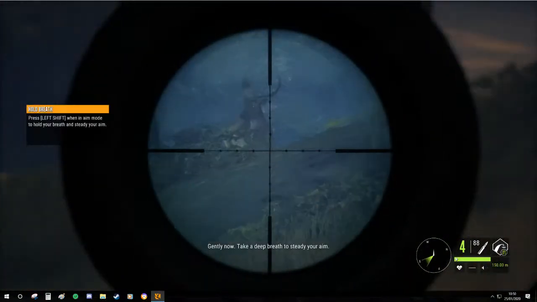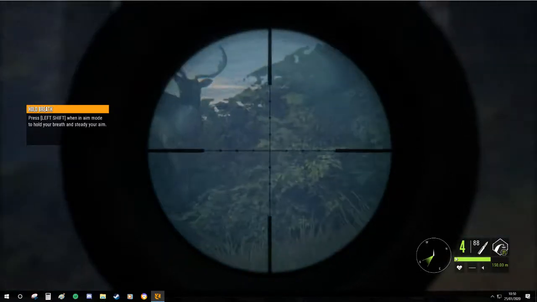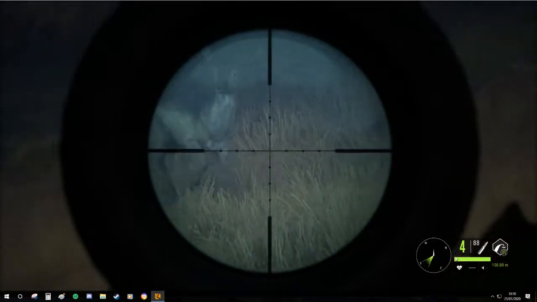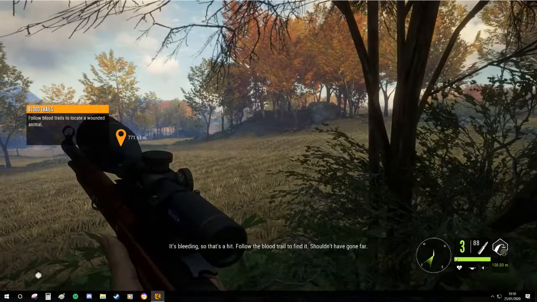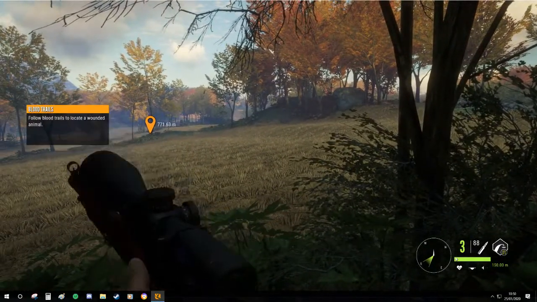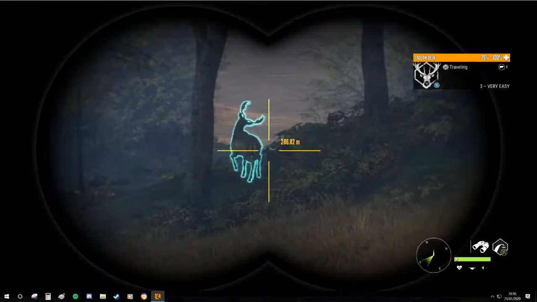Gently now. Take a deep breath to steady your aim. Yep, I will, don't worry. It's bleeding, so that's a hit. Follow the blood trail to find it. Shouldn't have gone far. She'll go down soon. It was intestines, unfortunately, but